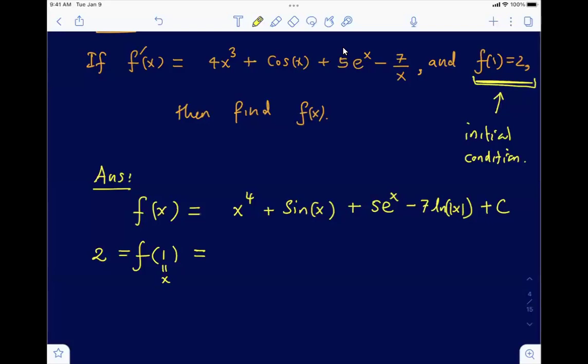Plug it in. Plug x equals 1, and then you're going to get 1 to the fourth plus sine 1 plus 5e to the 1 minus 7 ln 1 and then plus c. This ln 1 happens to be just 0. By any chance, if you do not recall such a property, it's not going to harm,